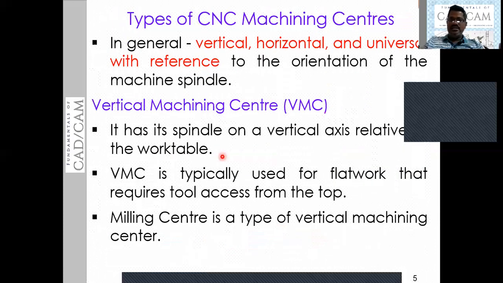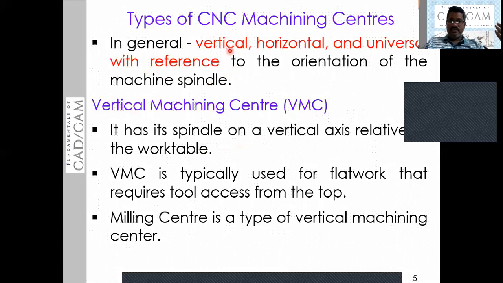Then in general, there are three types of machining centers. As I said just now in the contents of these slides, according to the orientation of the spindle, it may be vertical, horizontal, or universal.